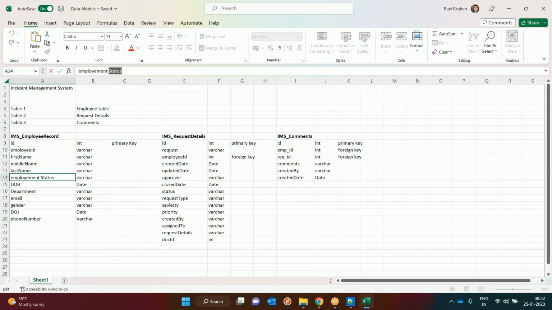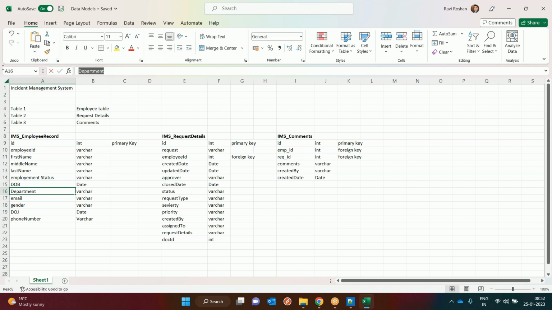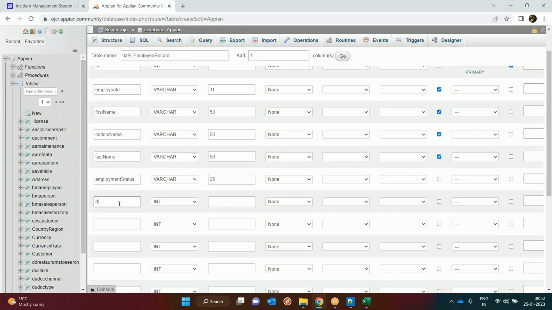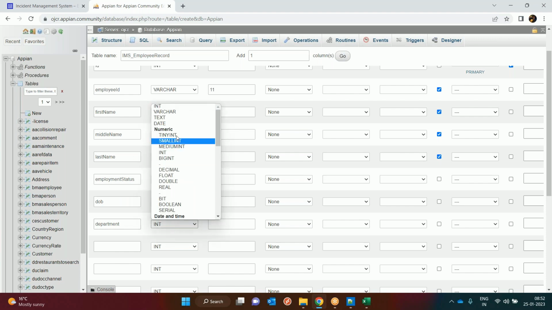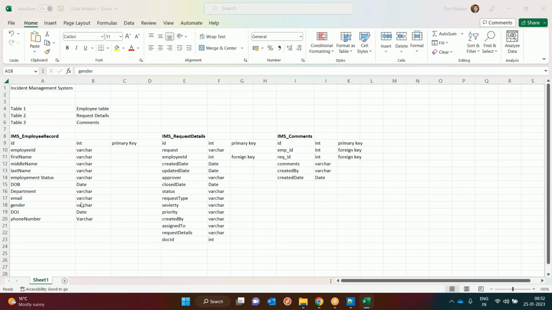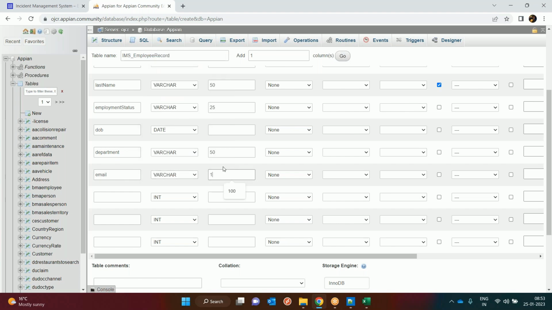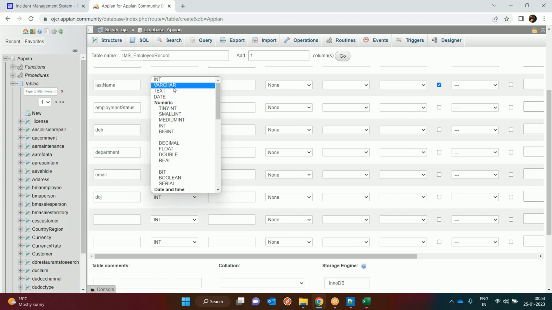Okay, and then we have employment status. It's going to be varchar. Let's say 25 characters long. We have DOB, department. Let's say DOB. It's going to be a date. Department. It's going to be varchar. So for varchar we can put department like 50 characters long. Email, gender, and date of joining. So I'll say email. It's going to be a varchar. Let's put it like 100 characters long. Date of joining, TOJ. It's going to be a date,